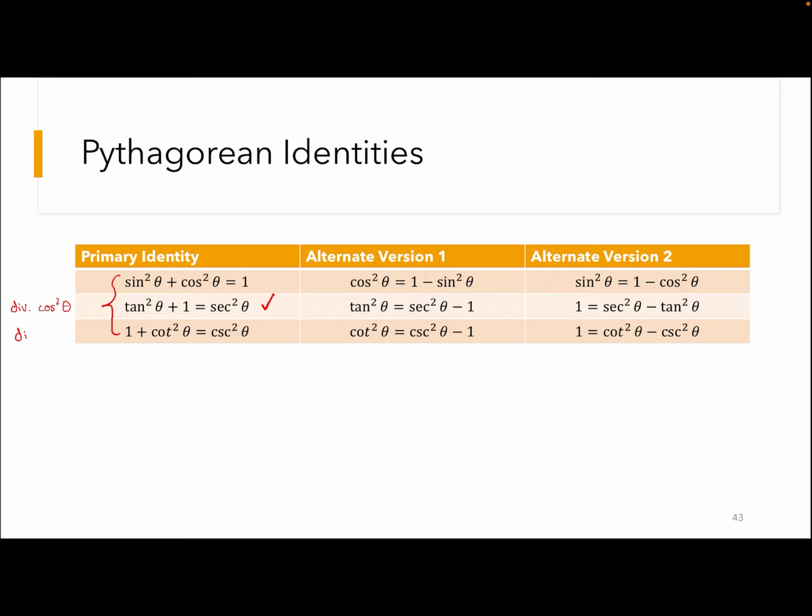The bottom row we get by dividing by sine squared theta. And so sine squared divided by sine squared is going to give us 1. Cosine squared divided by sine squared is going to give us cotangent squared. And 1 divided by sine squared is going to give us cosecant squared. So in the first column, we have the 3 primary identities. Their 2 alternate versions are in the middle and on the right,